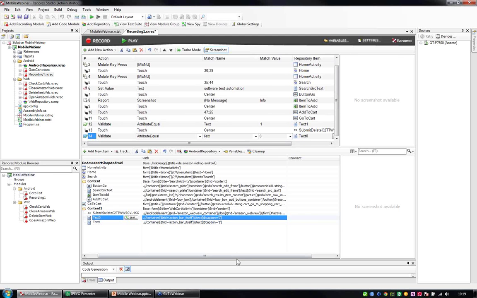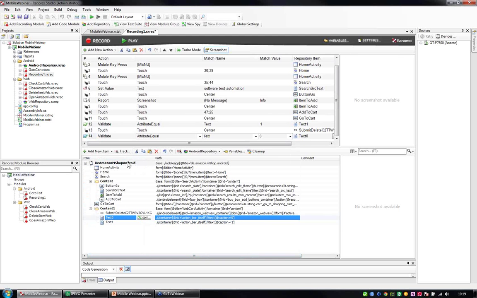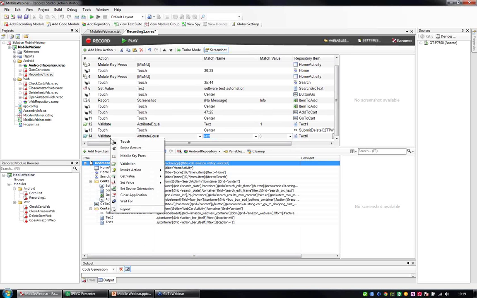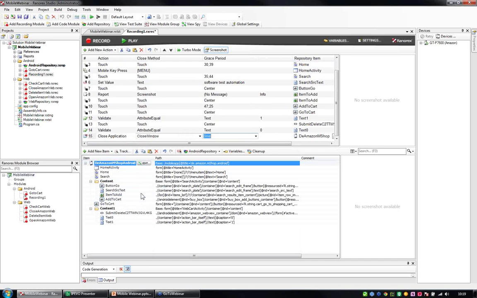If I want to close my application at the very end of my test case, no problem. I just take the respective element in the repository, which is representing my whole application. That's this root element. I drag and drop it up and I say close application. There you go. So in addition, let's also add some screenshots of the whole application while doing the validation, for